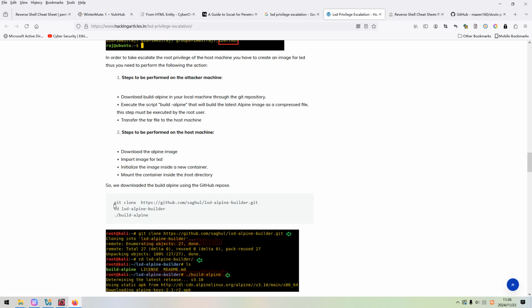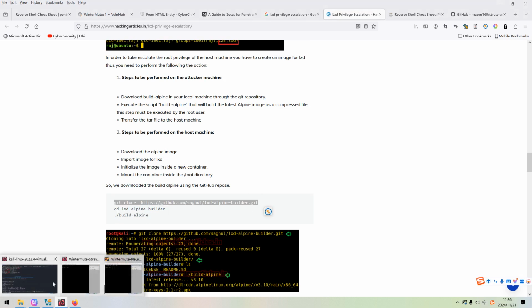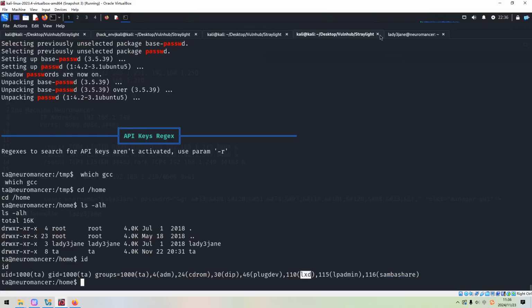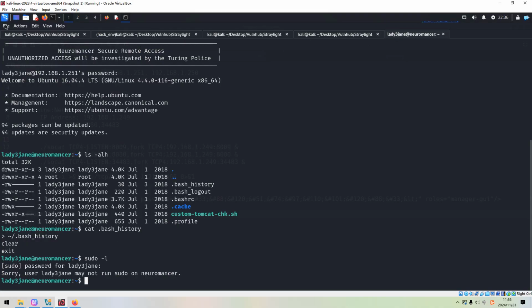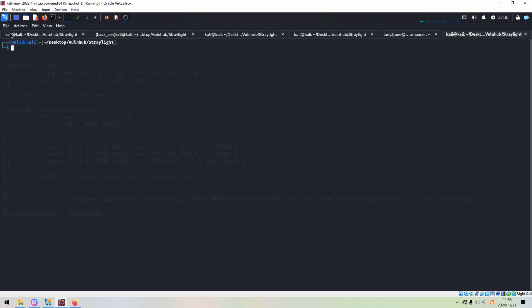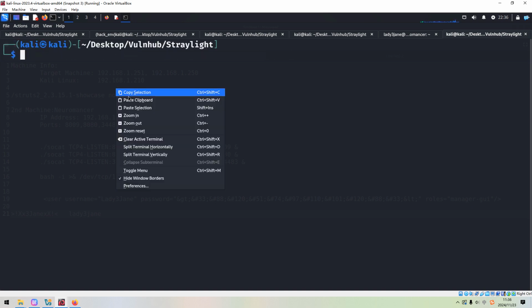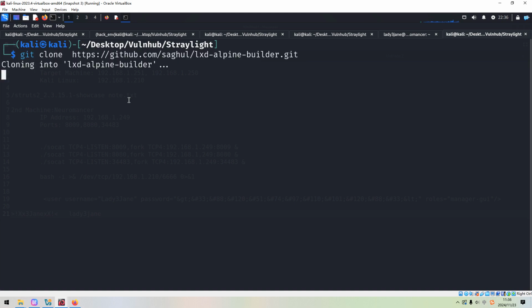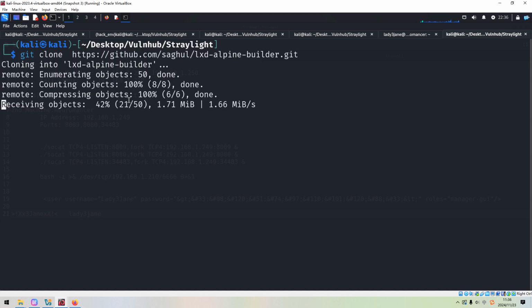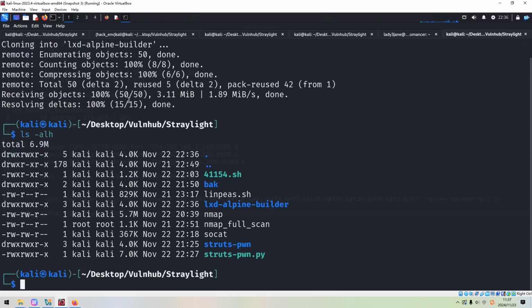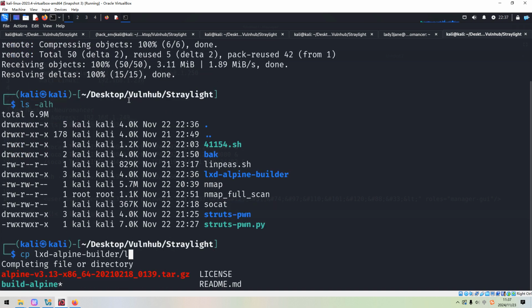We can make a clone from GitHub. We just follow the steps. I'm not sure whether this way can work or not. So we can paste in here. All right, it's done. And then we can copy the Alpine image.